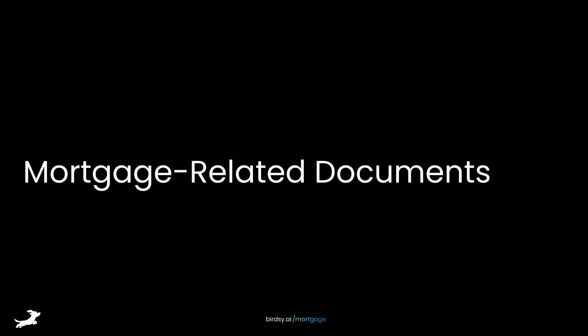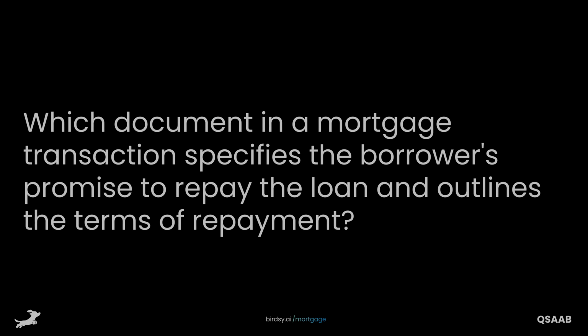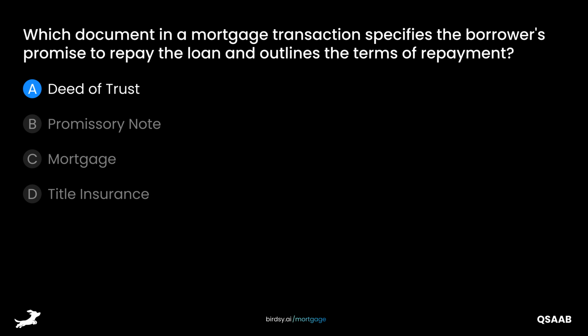Mortgage-related documents. Promissory note, deed of trust, mortgage. Which document in a mortgage transaction specifies the borrower's promise to repay the loan and outlines the terms of repayment? Is it A, deed of trust? B, promissory note? C, mortgage? Or D, title insurance? The answer is B,